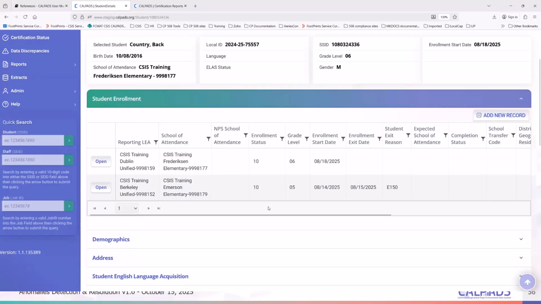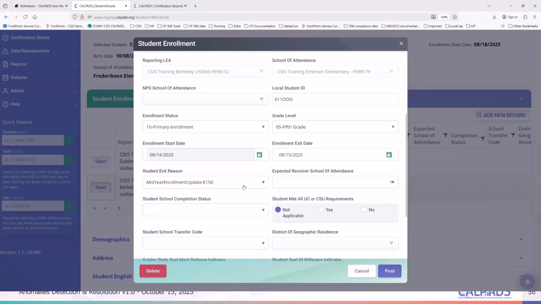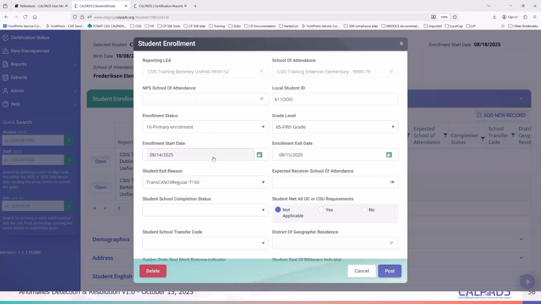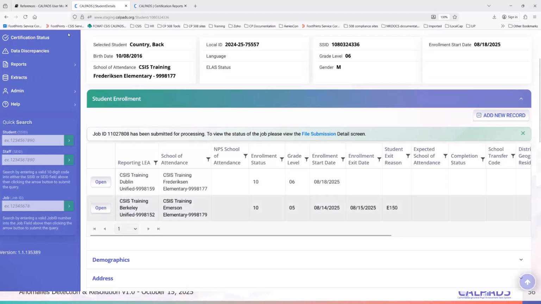So this is a simple change to the exit reason. You just change this to a T160 if the student really indeed went to Dublin. If not, then of course you have to talk to Dublin and check why they have an enrollment there. So for this, it's a simple change of the exit code, and that should resolve the issue.